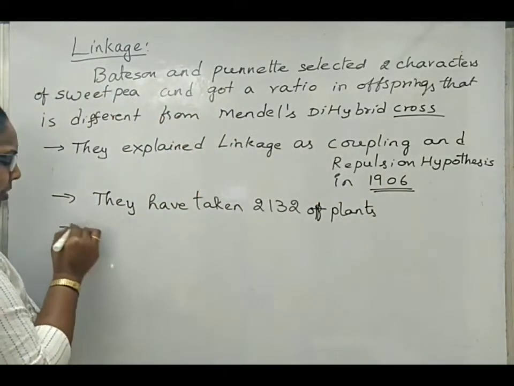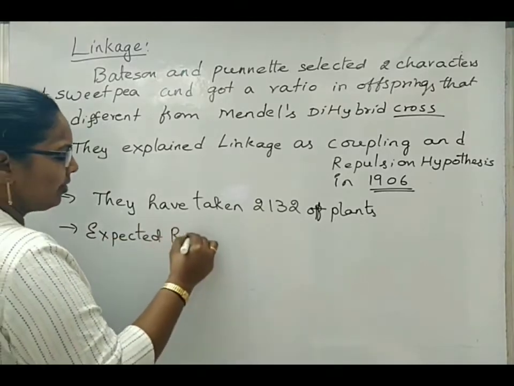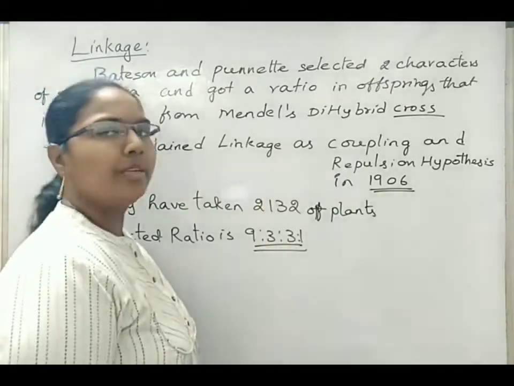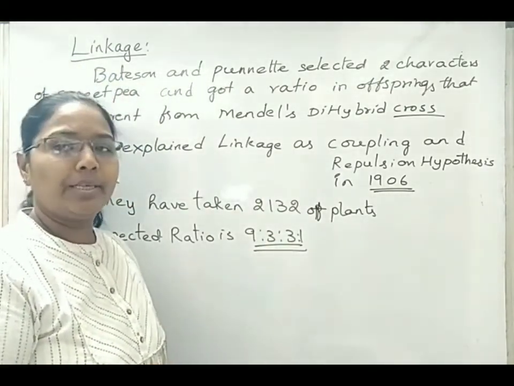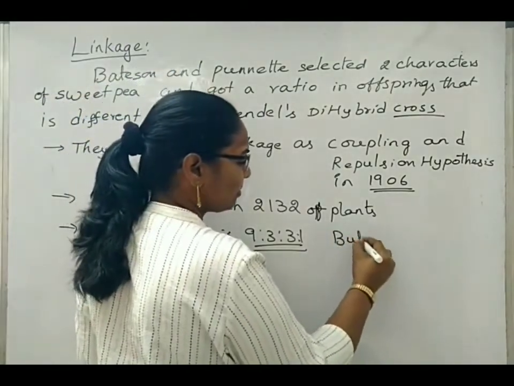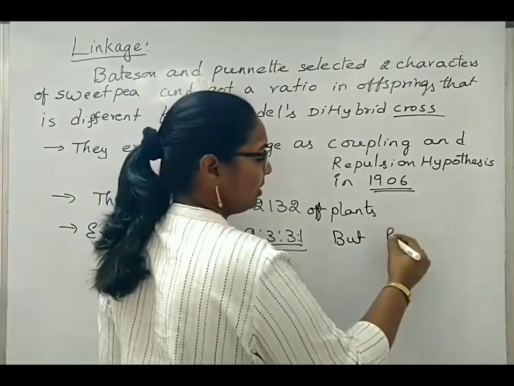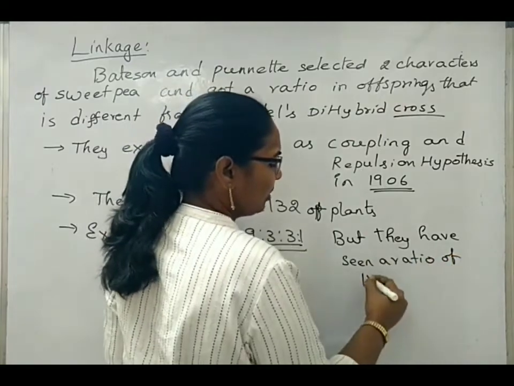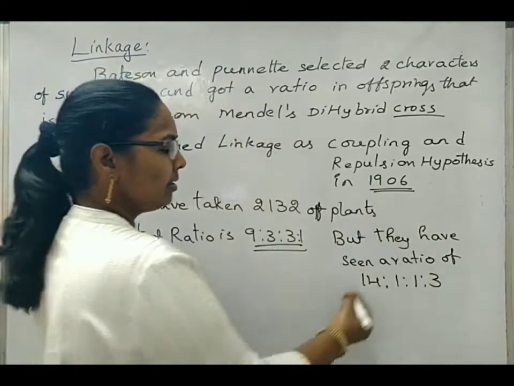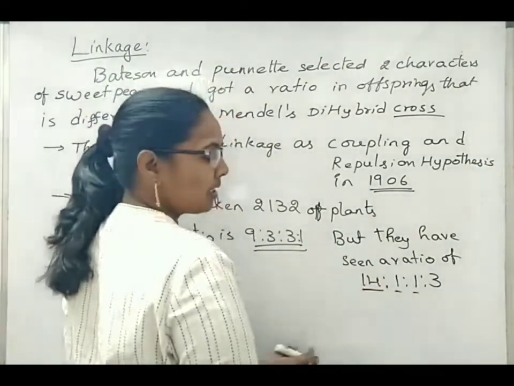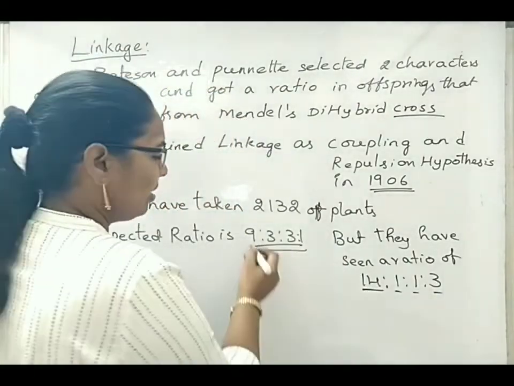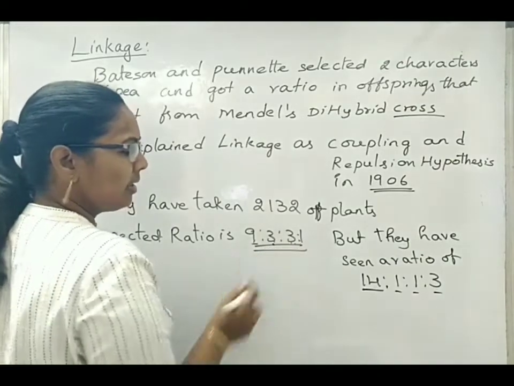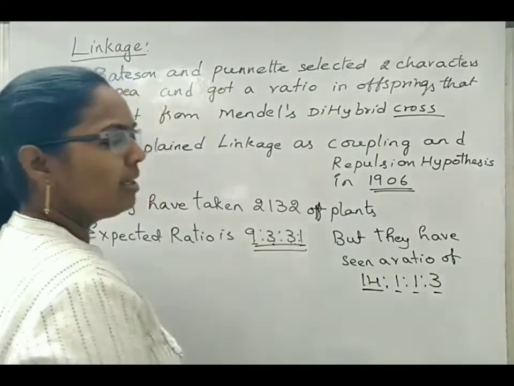For their experiment, the expected ratio we will write as 9:3:3:1. That we know according to the dihybrid cross that we did just before when we were reading about the law of independent assortment. But the ratio that they obtained is quite different. They saw a ratio of 14:1:1:3. Means here purely dominant alleles are expressed, here recombinants are expressed, and here recessive ones are highly expressed. In the 9:3:3:1 ratio also, you will see mostly dominant, both pairs or a single one getting expressed. Here, this 3 and this 3 represent the recombinants, and this one represents the last recessive expression of the alleles